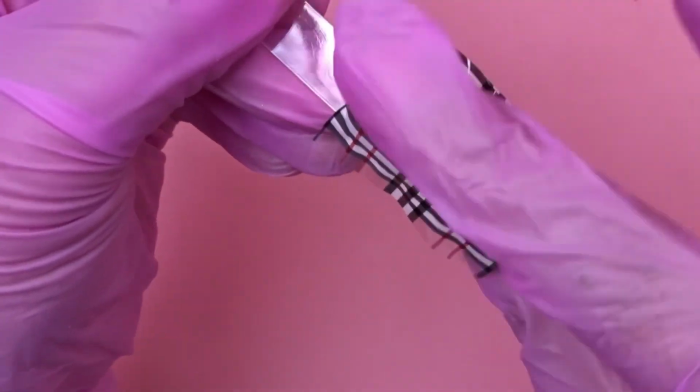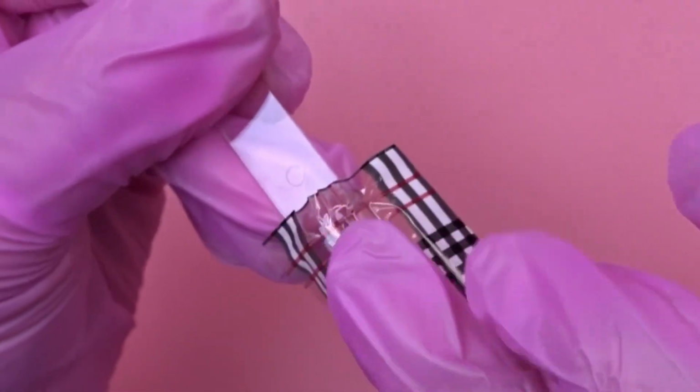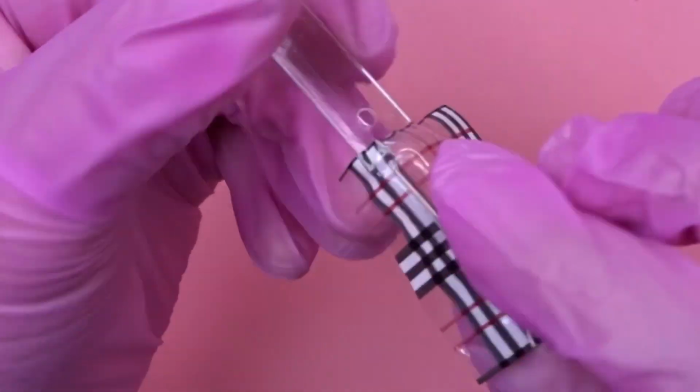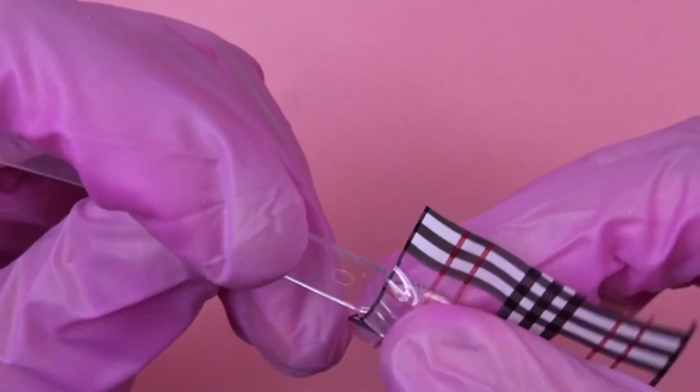transfer over really well. And remember, when you cure the gel, you want to only cure for 60 seconds. If you under cure or over cure, the transfer foil is not going to stick on the nail really well. And like I said, just going in and just rubbing it down really well, and then also making sure that